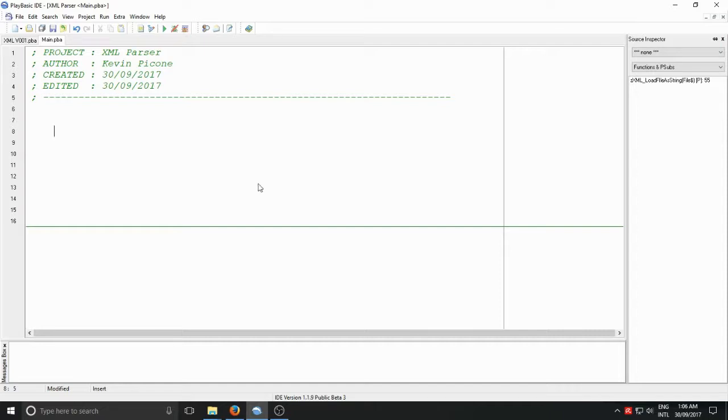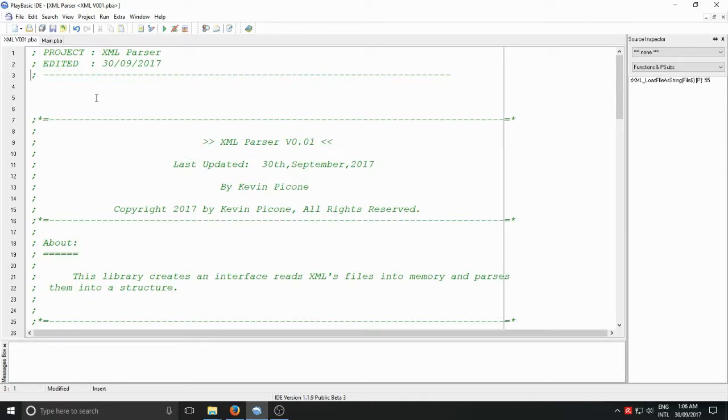So I've got the main document here. I've already done a bit of work for us. Set up a new project, and I've set up a secondary source. If you don't know how to do that,